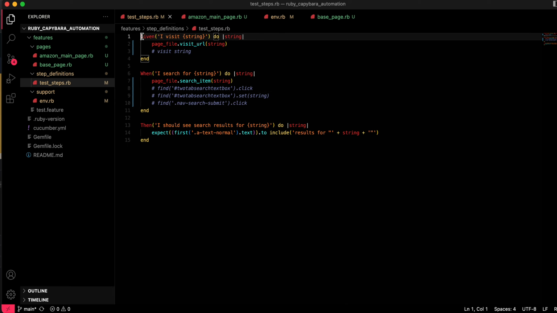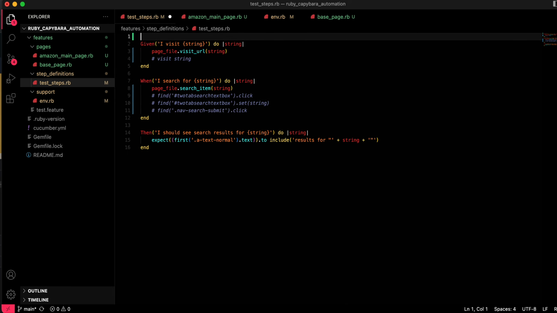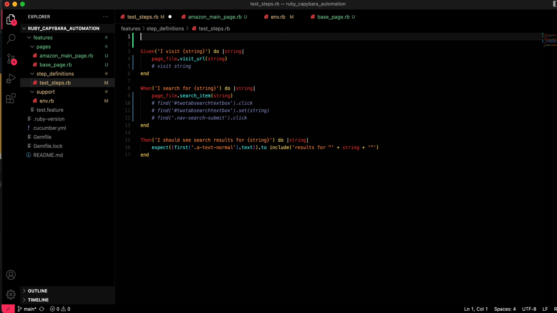What do we need here? For this particular test step we need the following page, so we're going to put a require relative for that particular page. Which page are we going to use? The Amazon main page is what we need to use, right? So we'll put the require relative for that. The require relative for that will be,